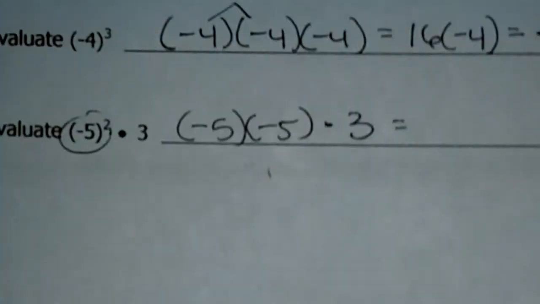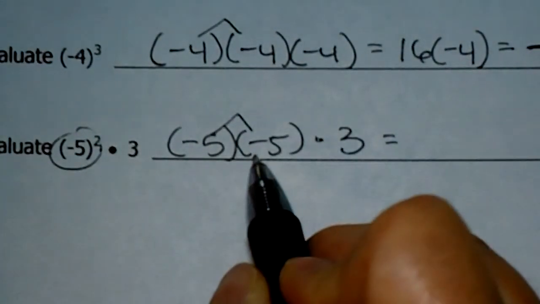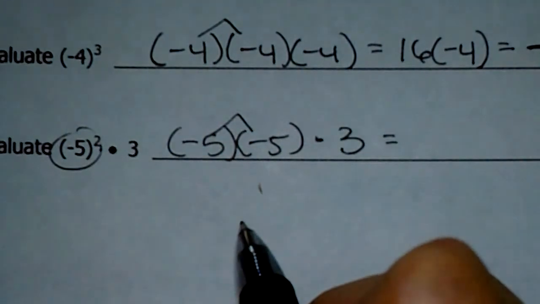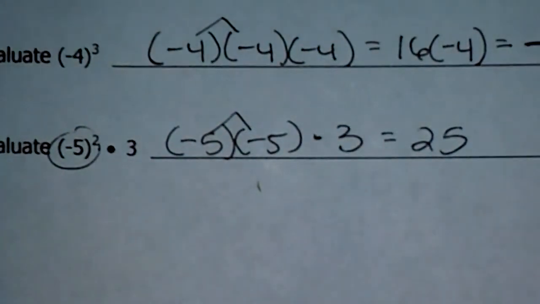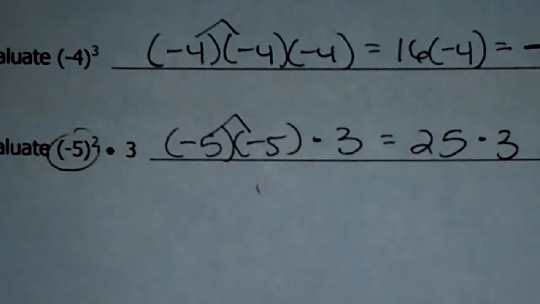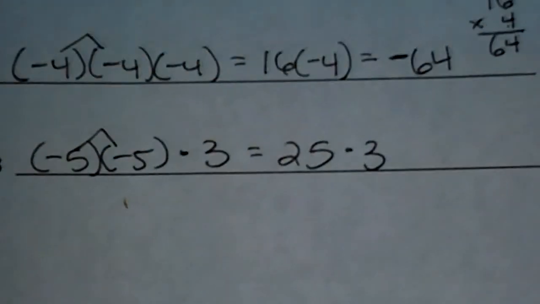So, negative 5 multiplied by another negative 5. It's not 0, it's not negative 10. 5 times 5 is 25. A negative times a negative is a positive. So what I'm really asking you to do is to take 25 times 3. And if you have